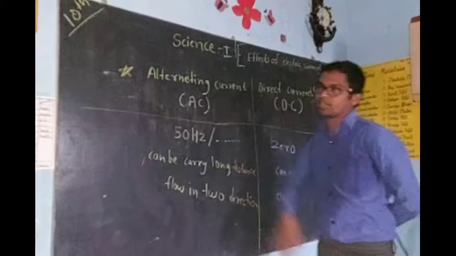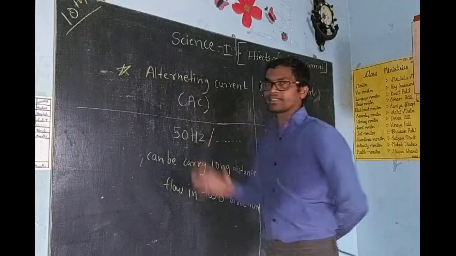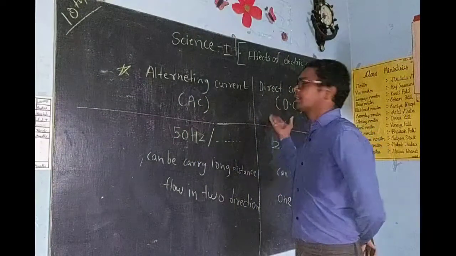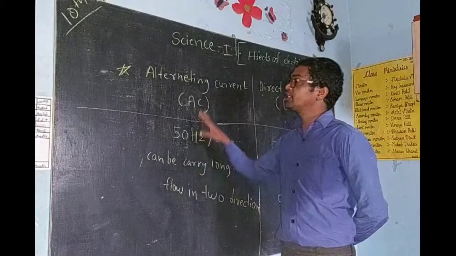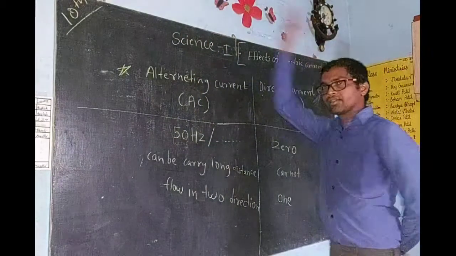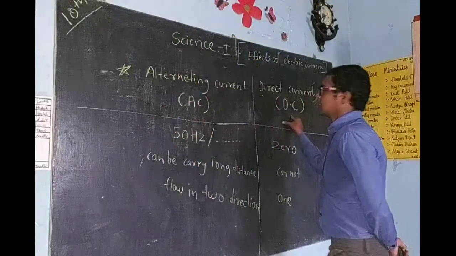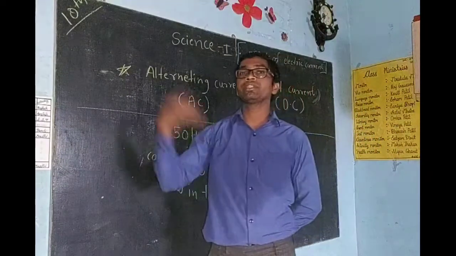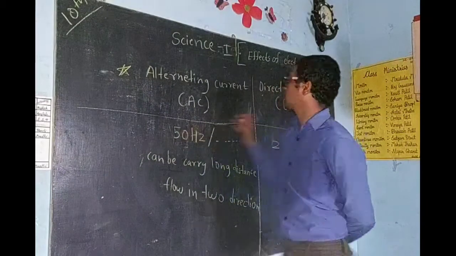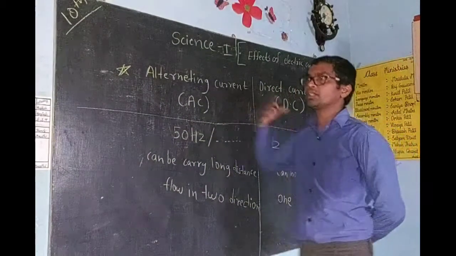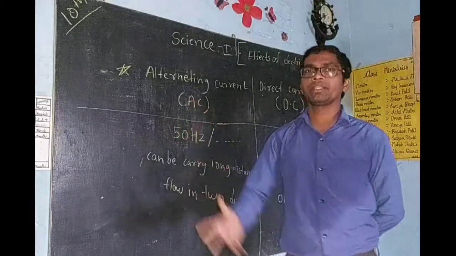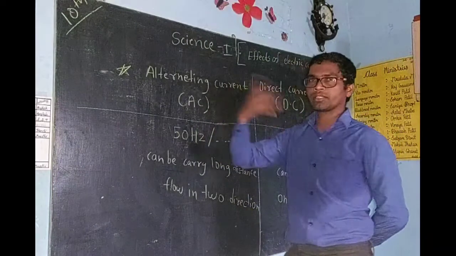Okay, so many points I have told you about alternating current and direct current. The frequency of alternating current is 50 in India and of direct current is 0. It is easy to carry alternating current from one source to another load, or another village or any city. But direct current is not possible to carry with wires for a long distance. That's why we carry only batteries. That's why direct current is mostly used in portable areas, where alternating current cannot easily travel or we cannot supply it.